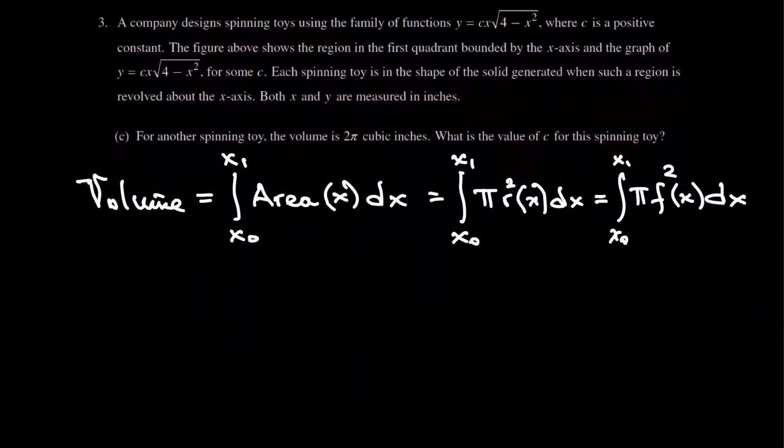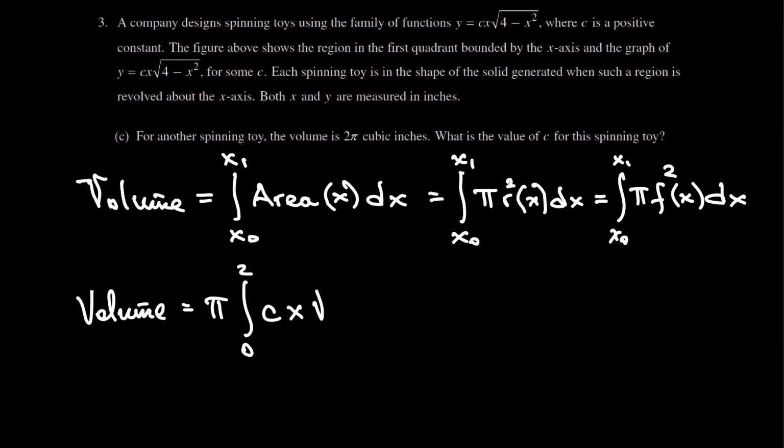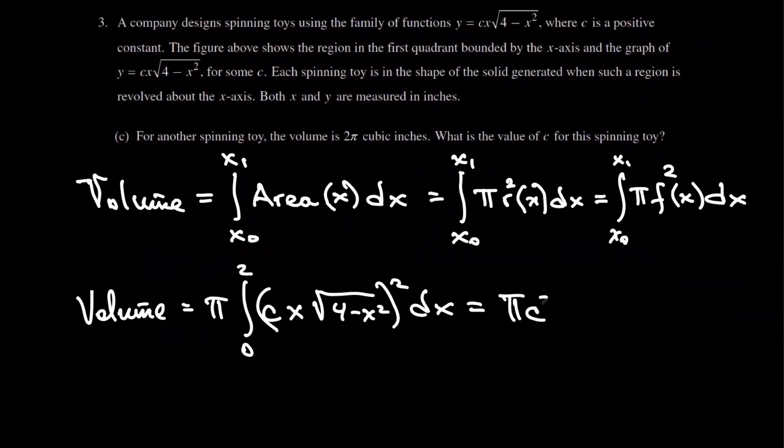So our volume in our case is, taking pi out of the integral from 0 to 2, the integral of c x square root of 4 minus x squared, squared, dx, which is equal to pi c squared times the integral from 0 to 2 of x squared times (4 minus x squared) dx,